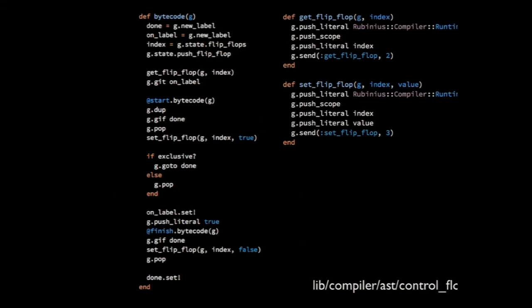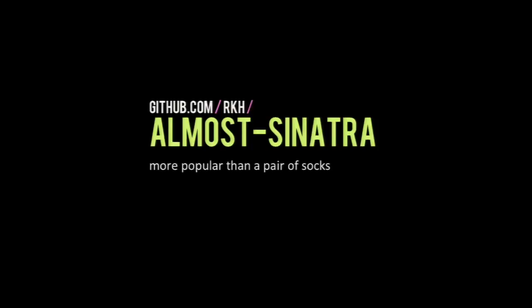But I'm not actually here to show off Rubinius. I'm here to talk about way more real-world use cases, because any one of you running Rubinius in production, right? So let's talk about Almost Sinatra. It's a project I started